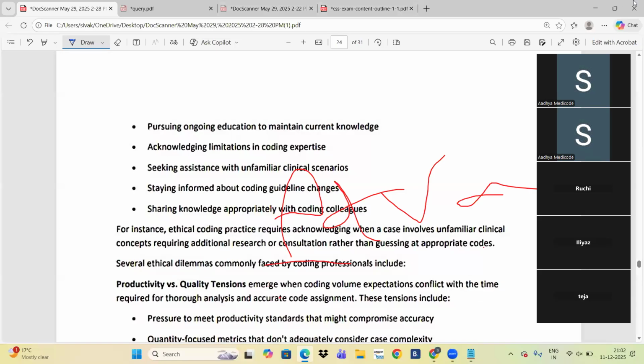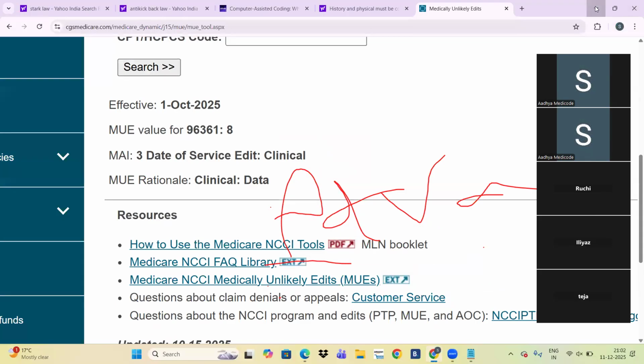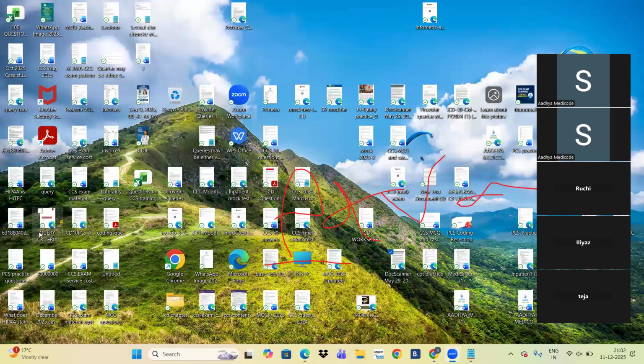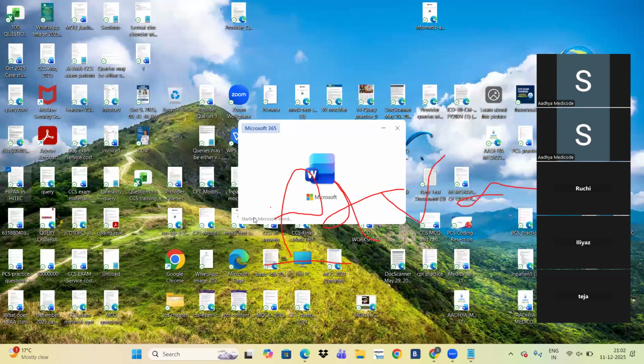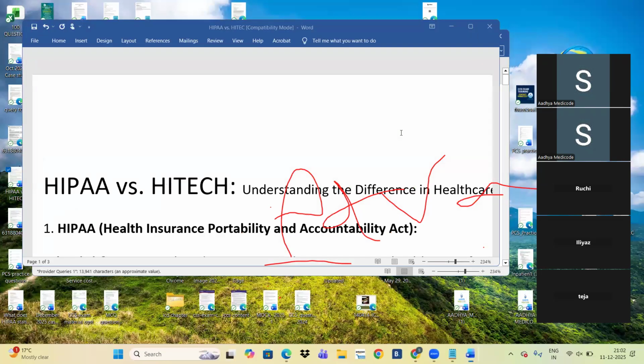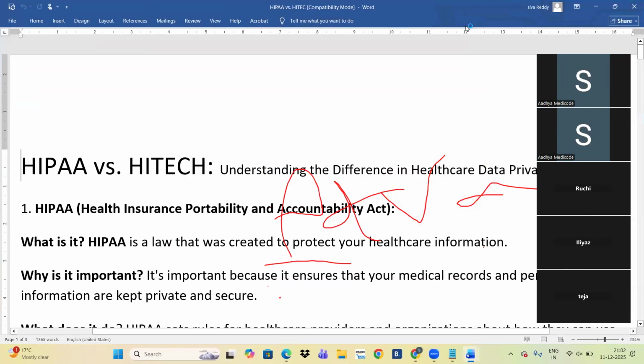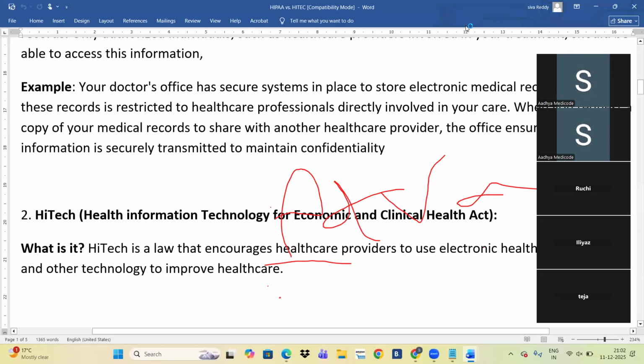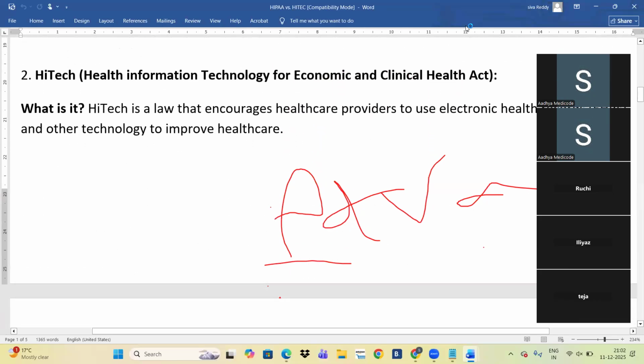Next, note down HITECH and EHR documentation. HITECH means Health Information Technology for Economic and Clinical Health Act.